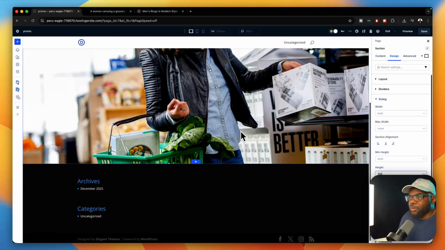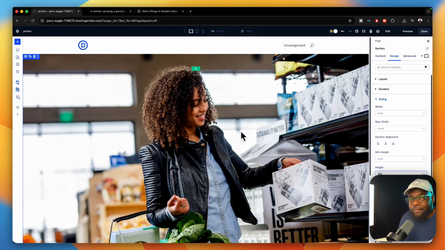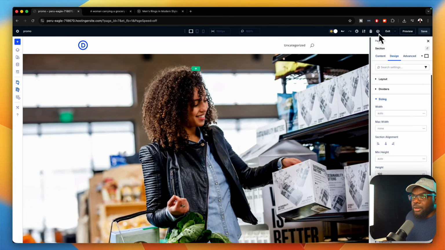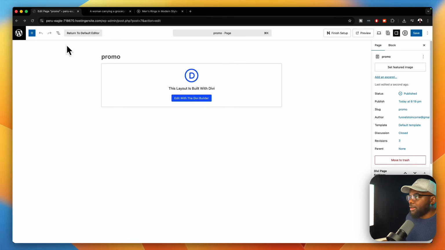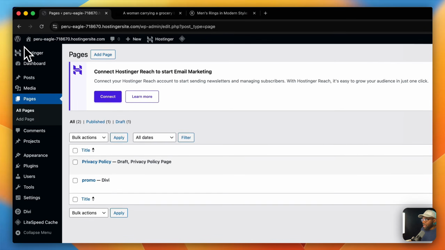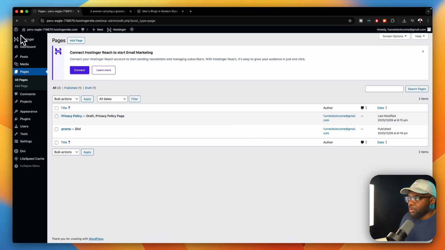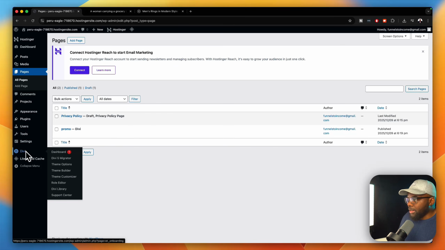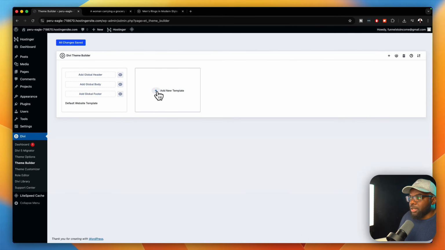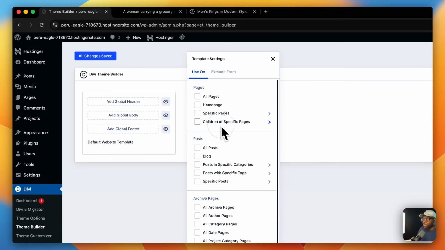Now I know the header and footer is distracting me, so let's go ahead and fix that issue right away. So I'm going to save this for now. Okay, and then I'm going to hit exit. All right, so with my page still here, I'm going to go into my WordPress admin dashboard, and then we're going to come all the way down here to Divi, and then I'm going to go to theme builder. Okay, so in the theme builder, I'm going to click here on this plus button and build a brand new